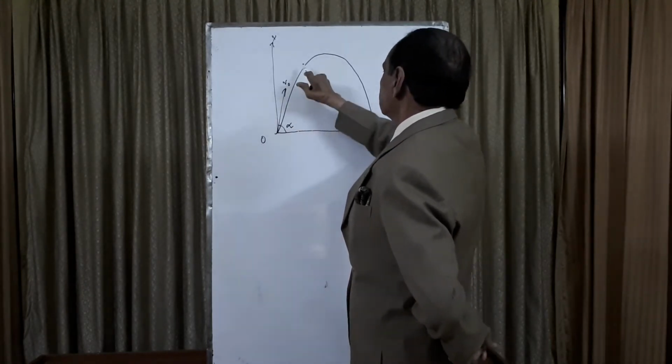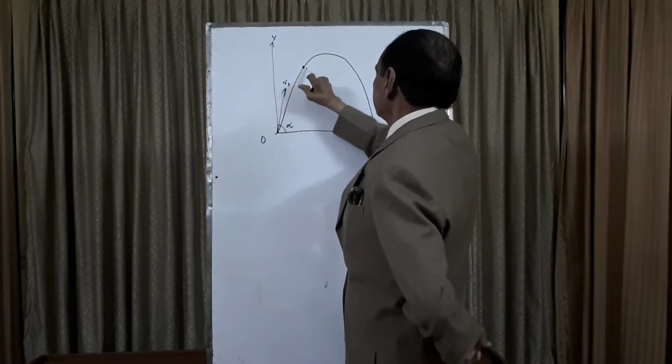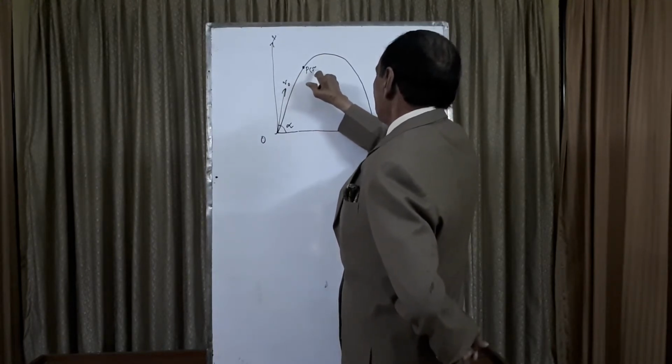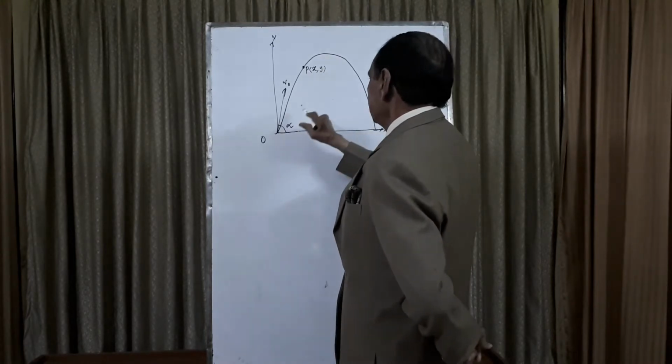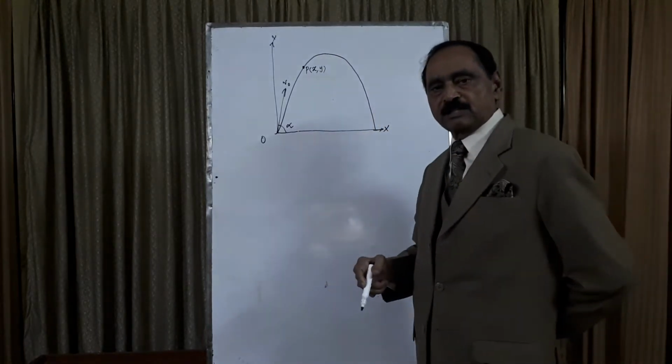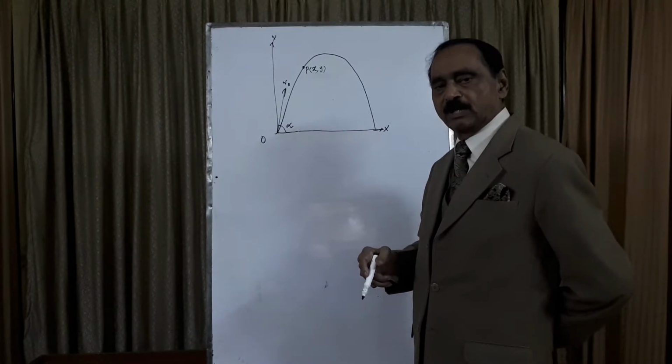Let the projectile be here at any point P having the coordinates x, y. It means that the projectile has covered a horizontal distance x and the vertical distance y